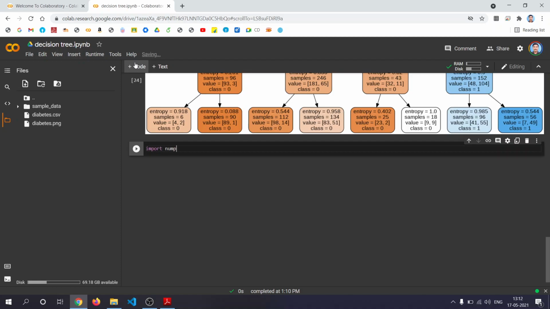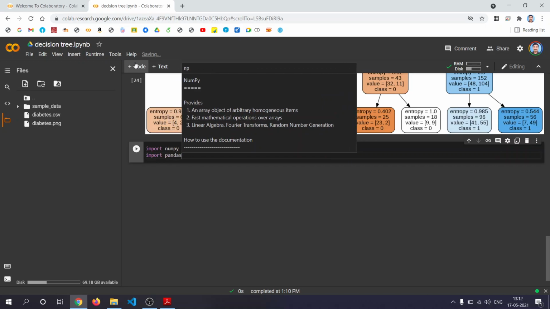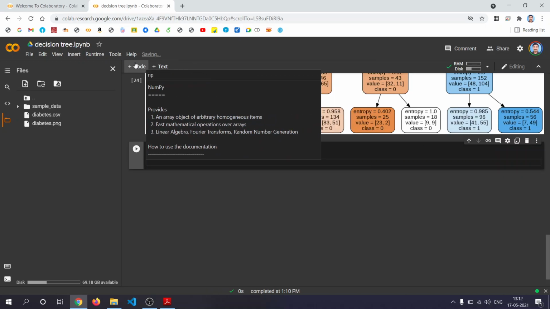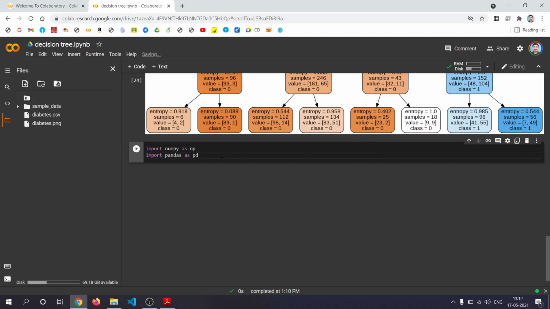Import numpy as np. Already I have written it in the beginning, but for completeness I will write it again. Import pandas as pd. Import matplotlib. Import matplotlib.pyplot as plt.